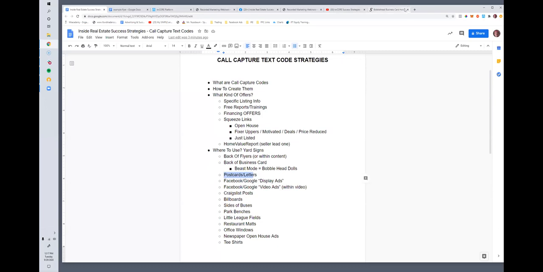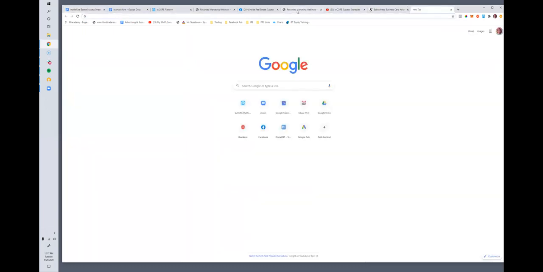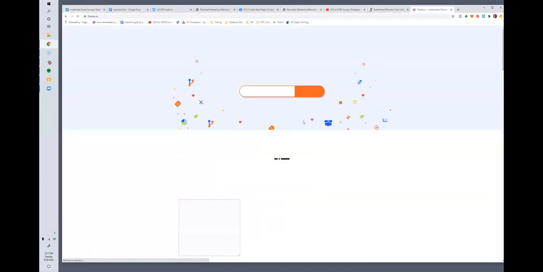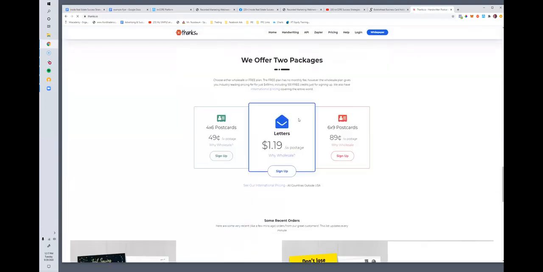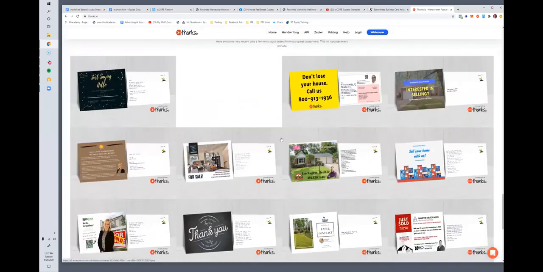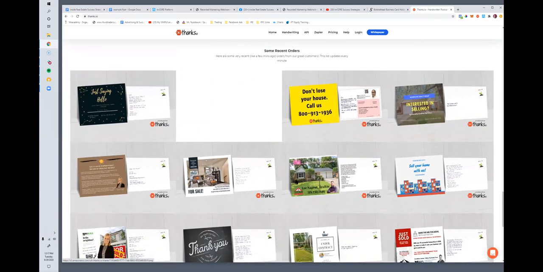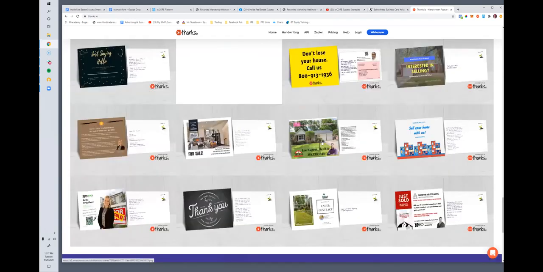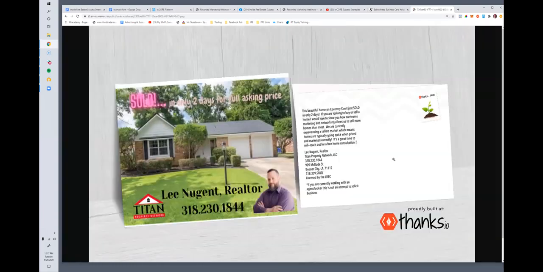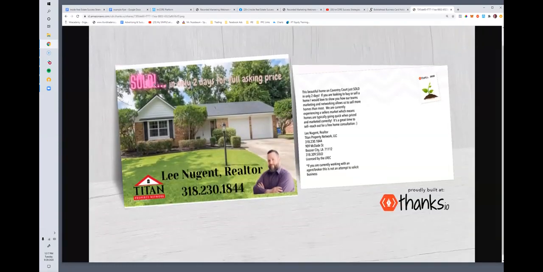So if you're doing a just listed postcard, I'm just hoping I get lucky and get an example on the homepage here of something somebody recently sent. But if you're doing any of these cards, you can see some of the recent sends. You're going to do much better. Not to pick on Lee at all, and I think he sent some really awesome cards. It's on the homepage. He's just doing a just sold card here. But he might find that if he did